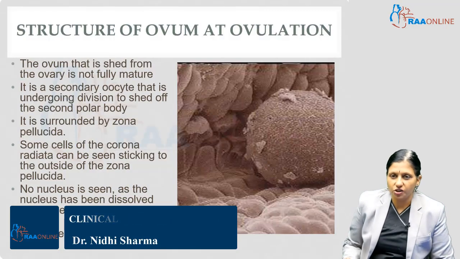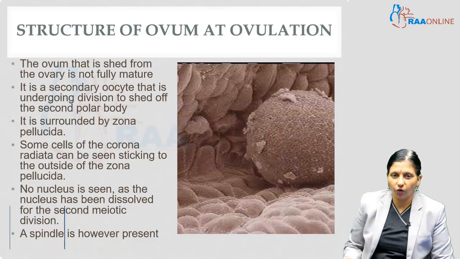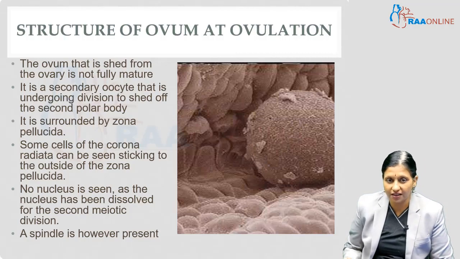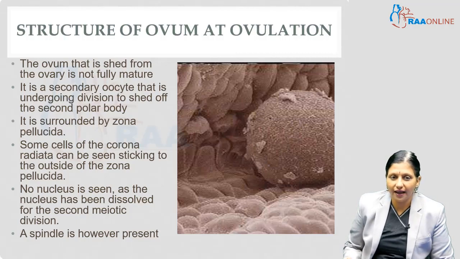So we start with the structure of the ovum at ovulation. The ovum that is shed from the ovary is not fully mature. It is a secondary oocyte and it is undergoing division to shed off the second polar body. It is in the process of division. It is surrounded by zona pellucida and some cells of the corona radiata can be seen sticking on the outside